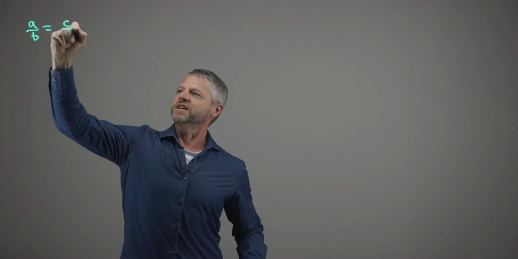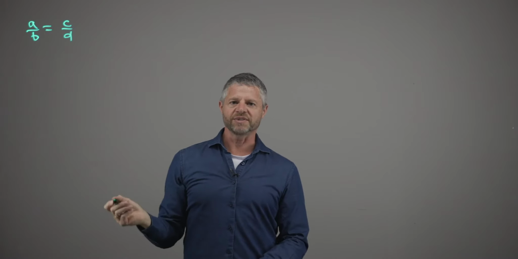Hello and welcome to video number 3 in this series. In this video I'll demonstrate how properties of fractions or quotients lead to a rationale for simplifying fractions or reducing them to lowest terms. The first property is that two fractions, a over b and c over d, are equivalent